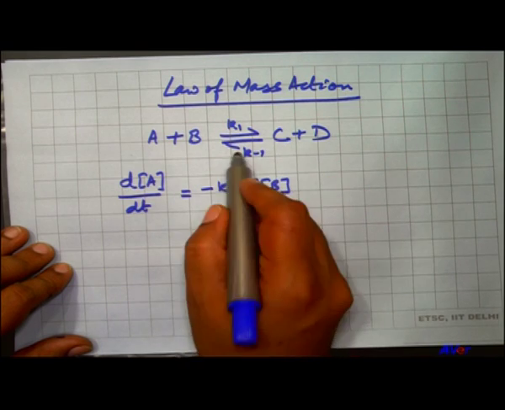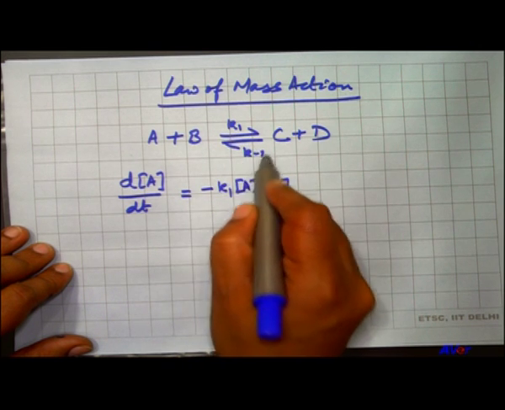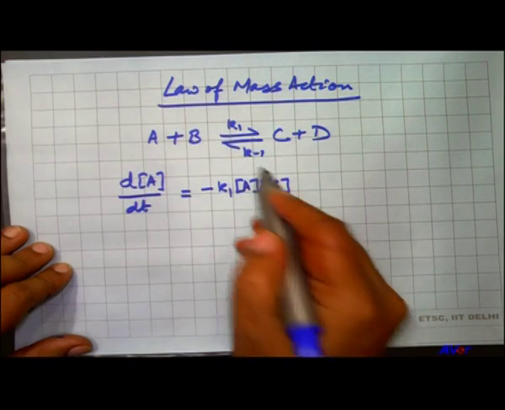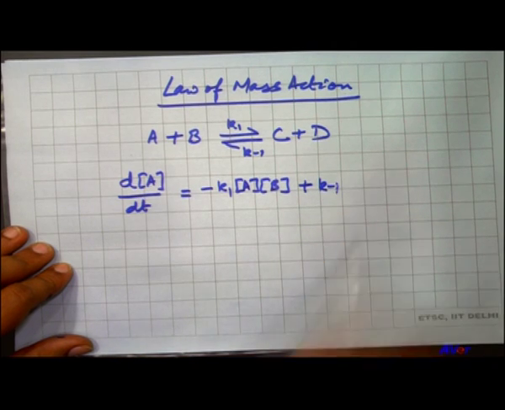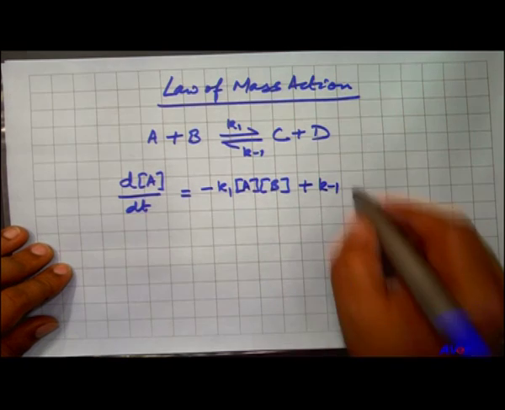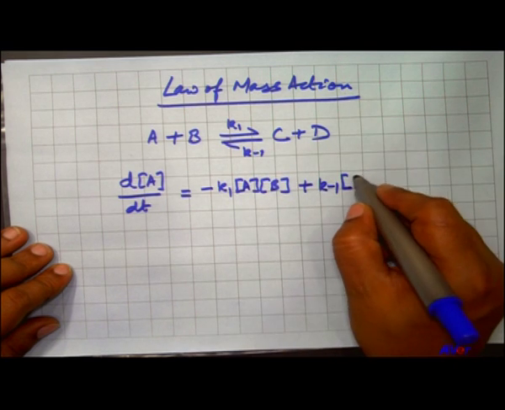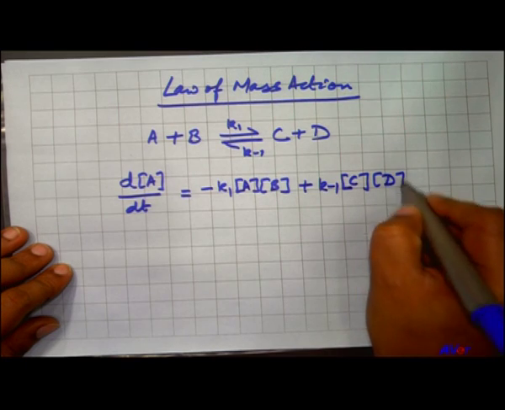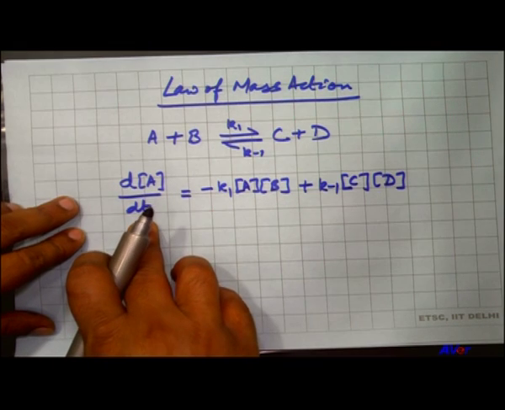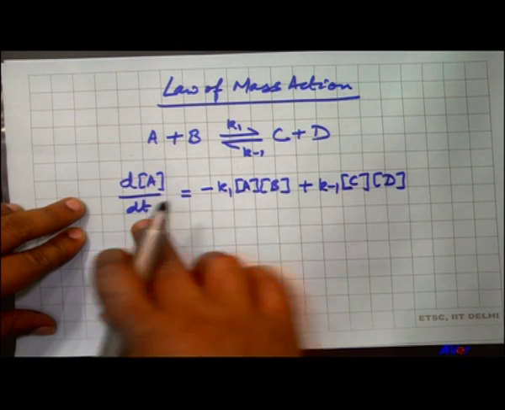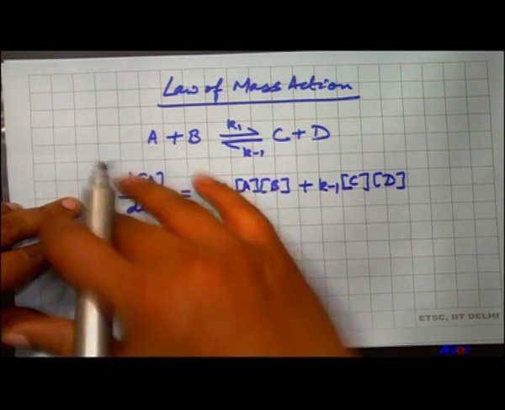On the other hand, now A is also coming from this back arrow. So, it is being produced, it is being added to the system with this rate constant. So, we write the sign of the rate constant is plus, we write k minus 1. At what this rate constant, the tail is facing C and D. So, it is actually, this is the rate of change of concentration of A in the system, and this is the law of mass action. Now, notice if we had equilibrium,